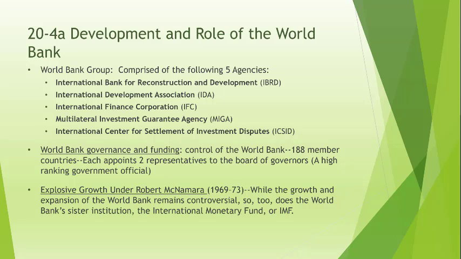So let's quickly talk about the World Bank. It's now called the World Bank Group. It comprises 5 different agencies, and the World Bank as such is just the umbrella organization. I think we did this in the previous chapter, so I'm not going to dwell on it, but you can see the different parts there of the World Bank. And basically the World Bank is governed by a board of governors,